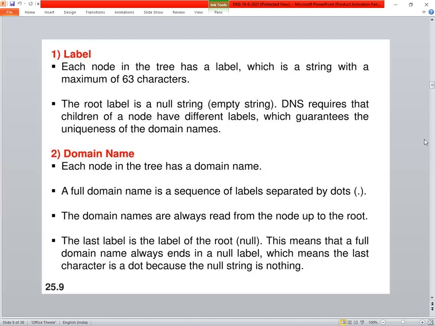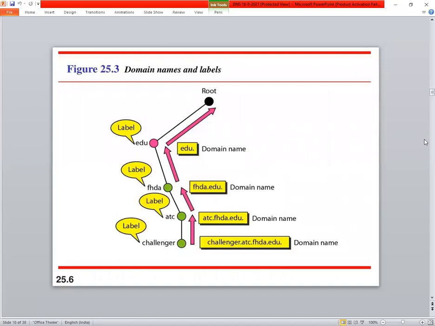I will show you the figure, then you can understand. The last label is the label of the root, null. This means that a full domain name always ends with a null label, which means the last character is a dot, because the null string is nothing. So this is what we are talking about: domain names and labels.